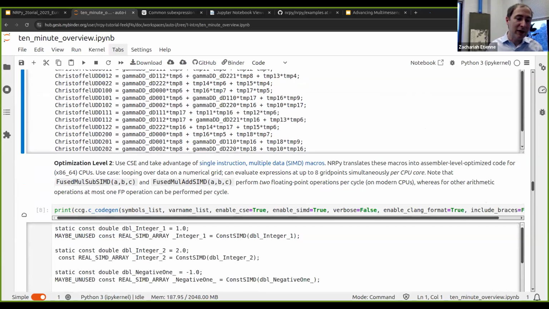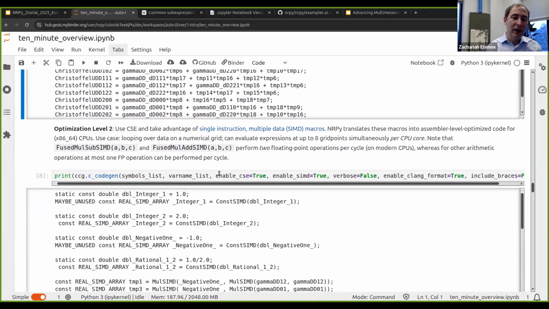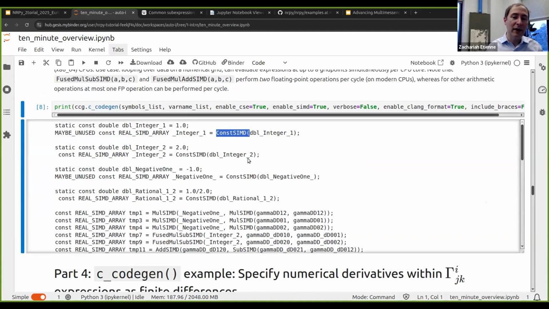Now let's go to optimization level number 2. And now what we're going to do is take advantage of modern day CPU special features. This is as close to assembly language as you ever want to get. So I'm enabling CSE, but what I'm going to do is wrap all these into C macros, C++ macros, identical, that will replace this with the actual assembly instruction effectively